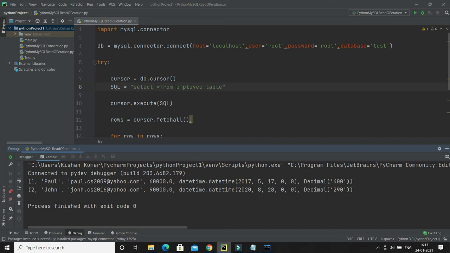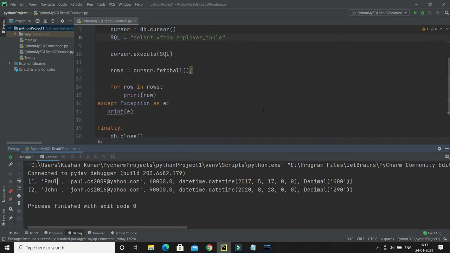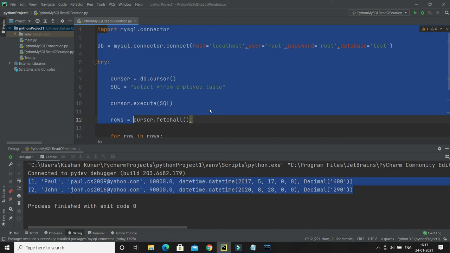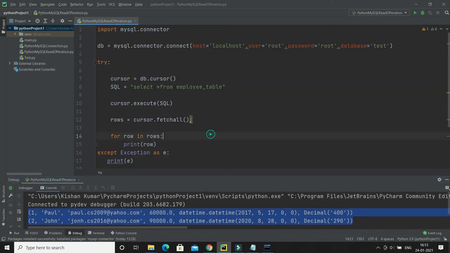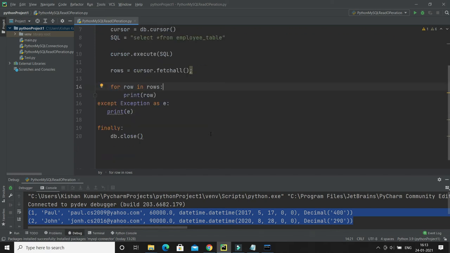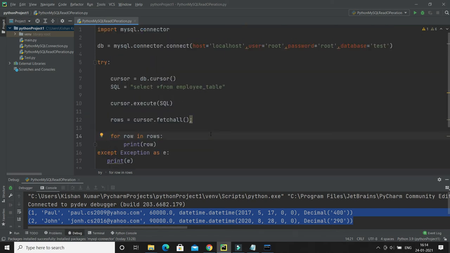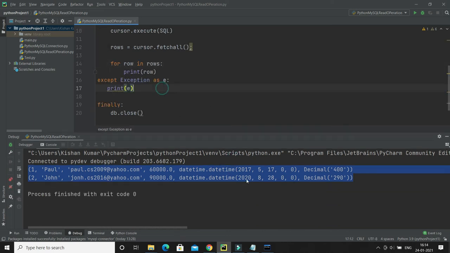Now if you want these results to be populated into some custom object like an employee object, then you can create an employee class, have two employee objects, add those objects into a list, and return the complete list. You can write this code in a custom function. But I am not going to look into those things. We have already discussed how to create a function and how to return any kind of result. That you can try yourself. But now you know how to read multiple rows from the database.